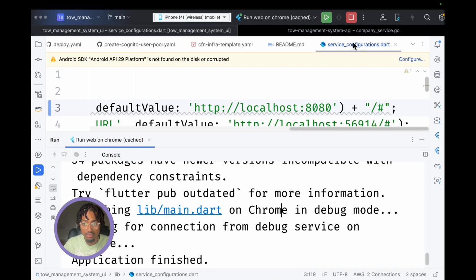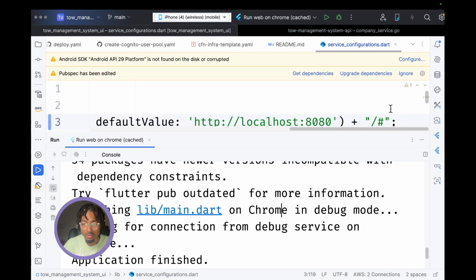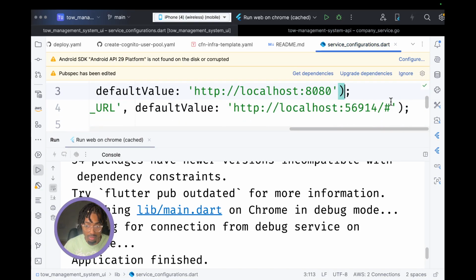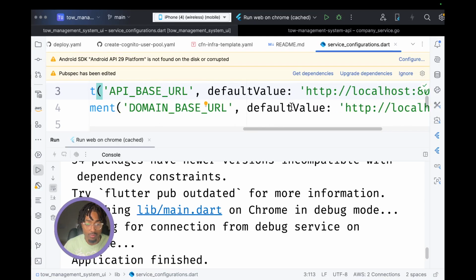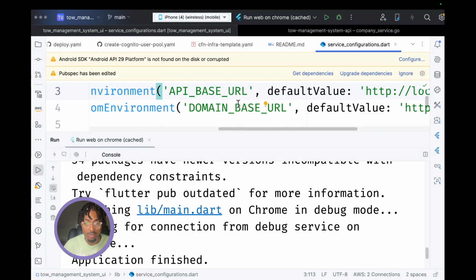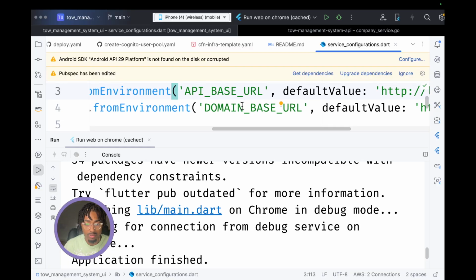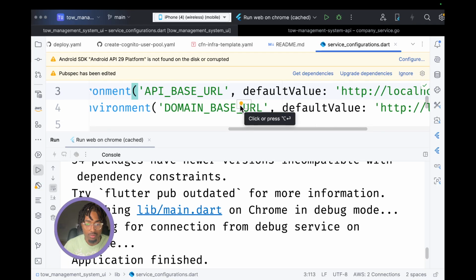Oops. Oopsies. This is wrong. I don't need it here at all. I need it over here, the domain base URL. UI base URL. Basically,